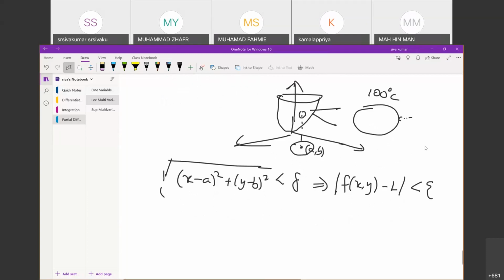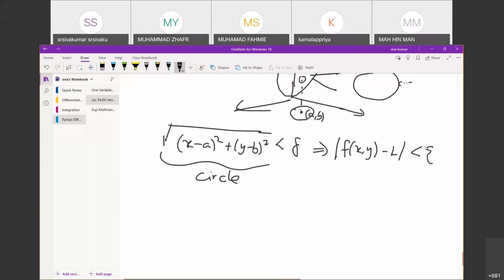I wanted to show you this equation to show the circle. We are talking about a circle. Do not worry if you think, oh sir, I've never seen this as a circle, how do I know? Don't worry, we're going to study this in detail. Now with that, let me give you some properties.